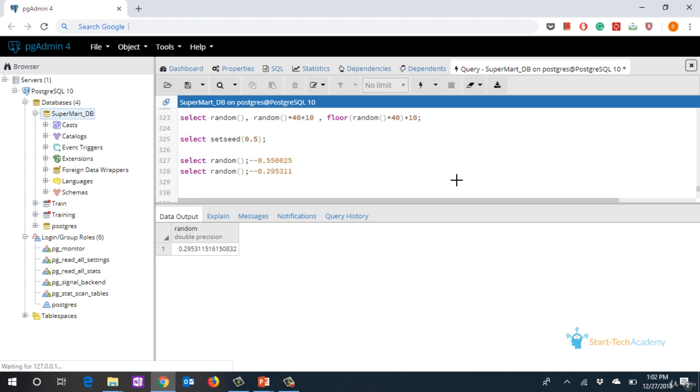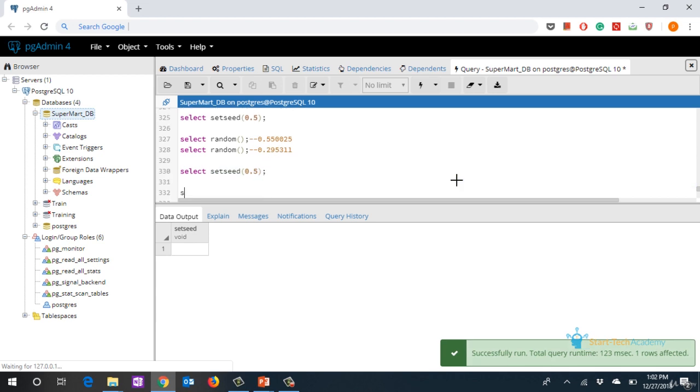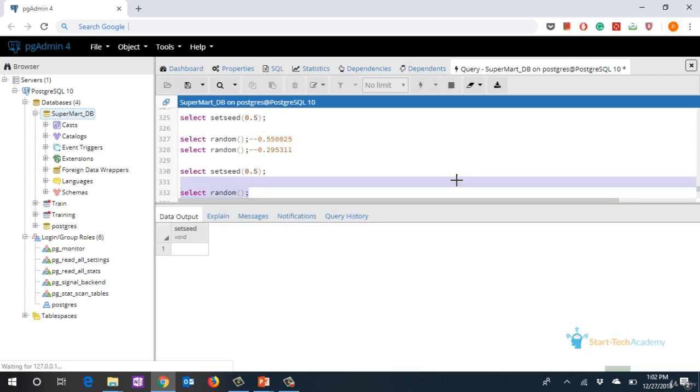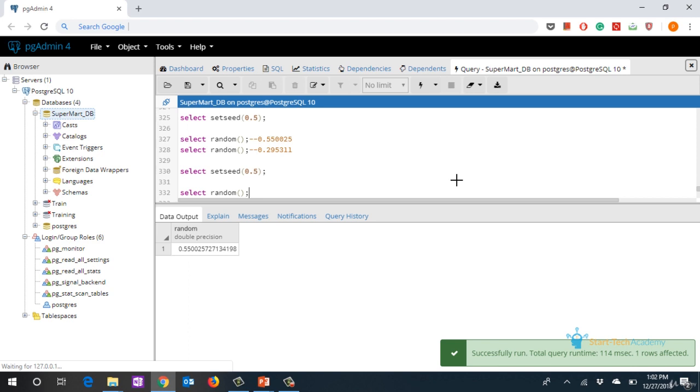Now let us set seed again. Select set seed 0.5. So now the seed is again back to 0.5. Now when we run the random function, we'll get the same value.